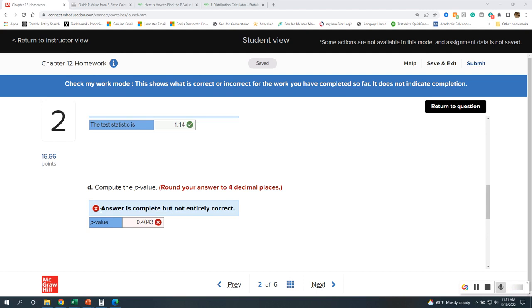So I tried a couple more p-value calculators. There's probably a rounding issue happening because we did round our test statistic. The only thing I can suggest, if this is happening to you, where the rounding is just a little bit off,